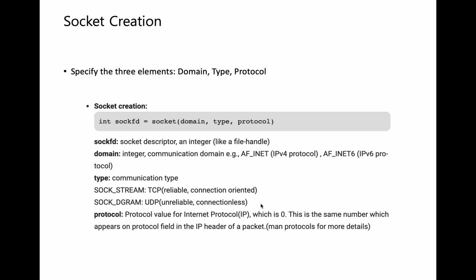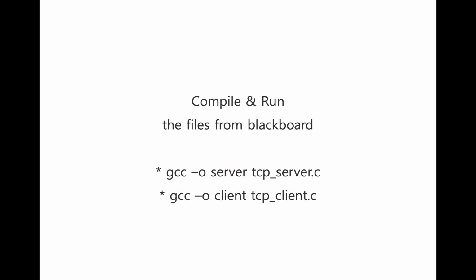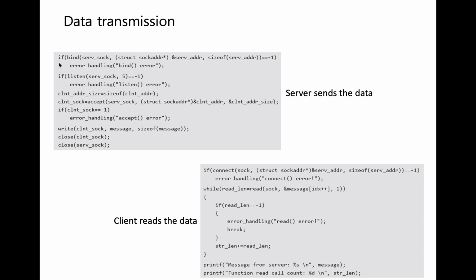All right. So the three elements were the socket's domain, type, and protocol. The domain was PF or AF INET, IPv4, IP address version 4, and then the type of the socket, and then the protocol itself. All right. This is the last slide. One before the last slide, where we see that the data is being transmitted after creation of the socket, and